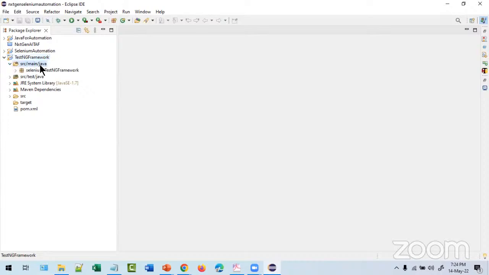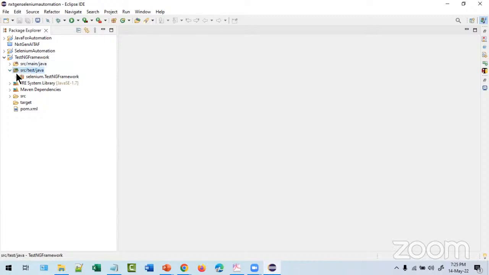What will a developer do? They will code it here, SRC main. I'm talking about Java developers. Where unit testing code will be written, SRC test Java. So main code and test code. So two folder structures, source main Java. For us, we no need to worry about the first one because we are not going to develop the application.